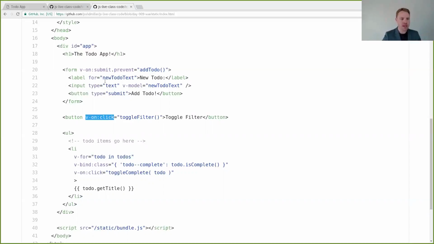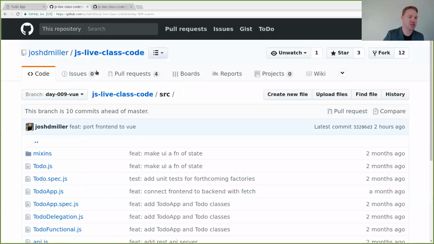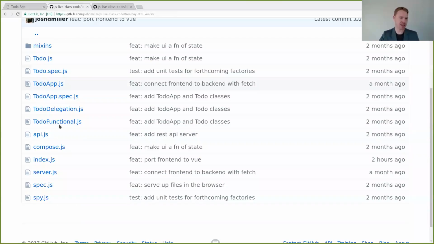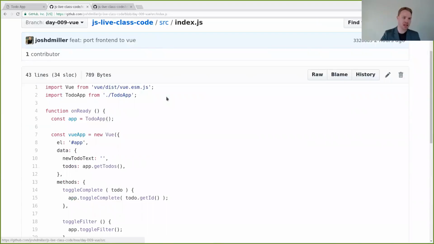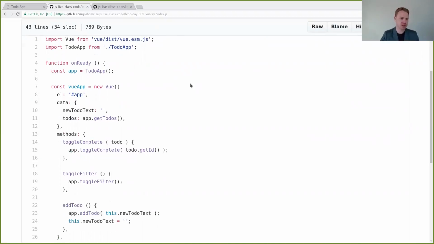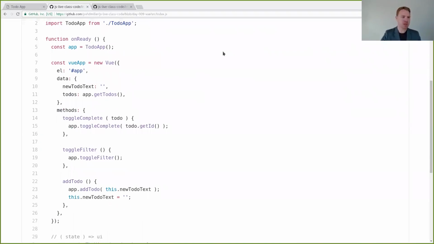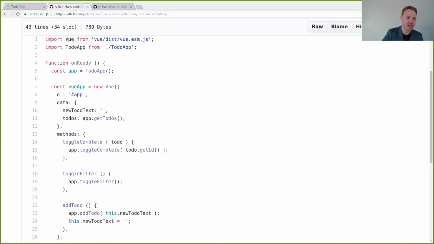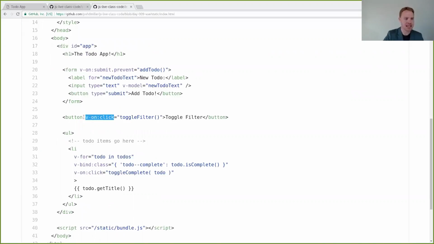So now that we looked at the view, which was kind of similar to Angular, let's look at our index.js. We did not change todo app in this case. The todo app is exactly as it was pre-React and exactly as it was in React. So the only thing we changed here is our index.html and our index.js. Okay, so we import Vue, and I'm importing the ES6 version of it here, but you could import other ones. The reason that I've imported this particular one is because I'm using these inline, v-on click. It's in my HTML, in the browser, so it needs to process it.